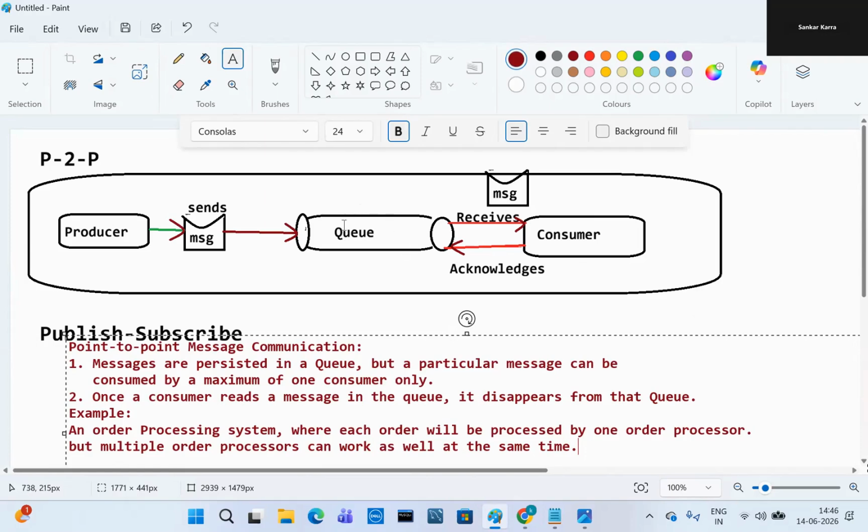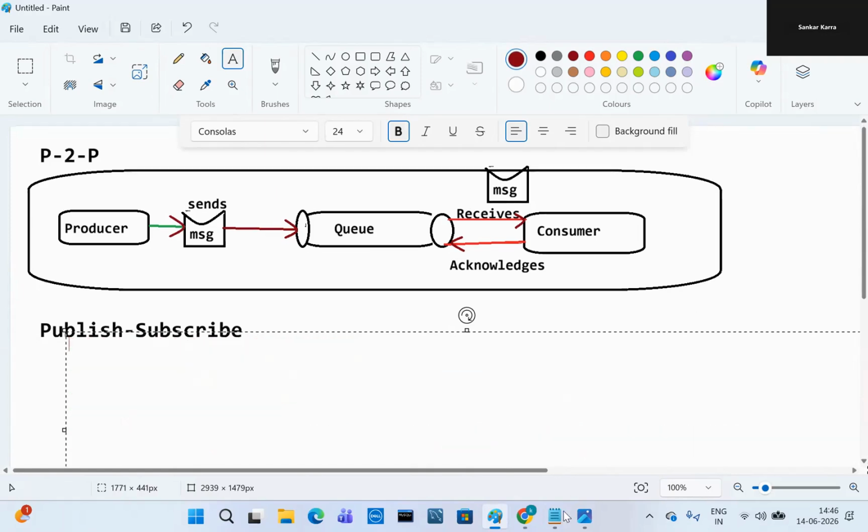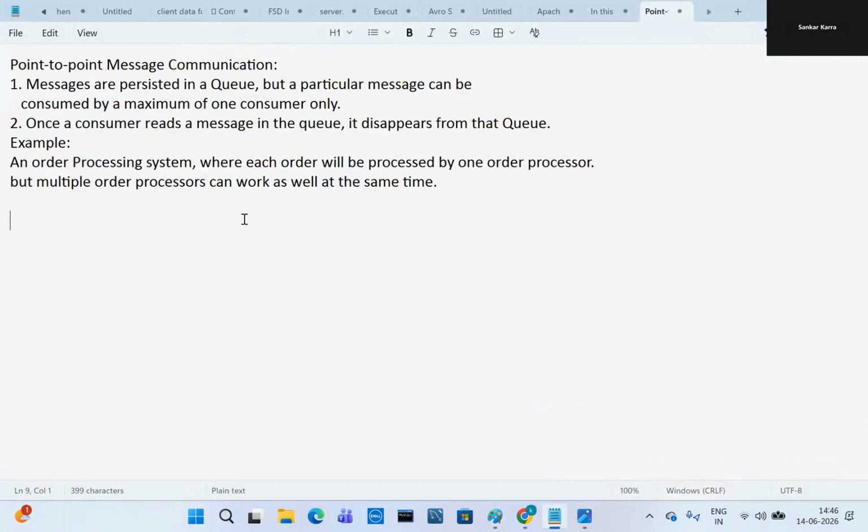The best example is an order processing system where each order is processed by one order processor, but multiple order processors can work at the same time. So it's all about point-to-point message communication.